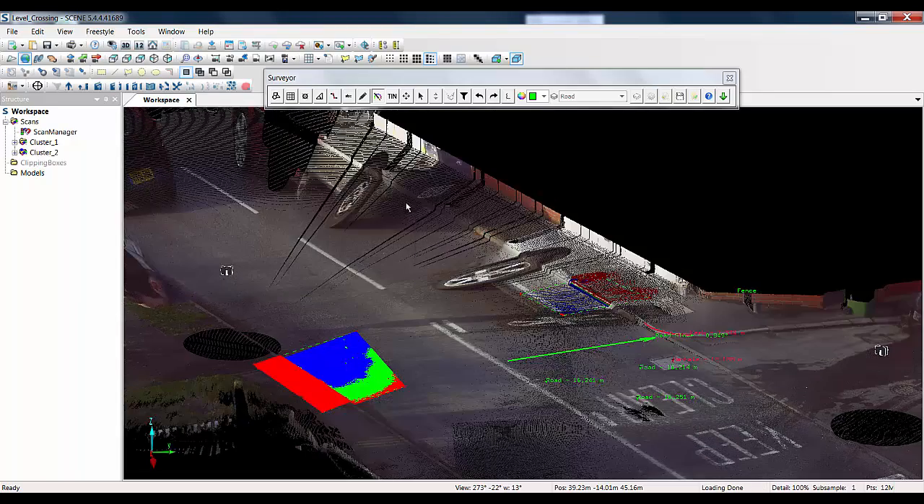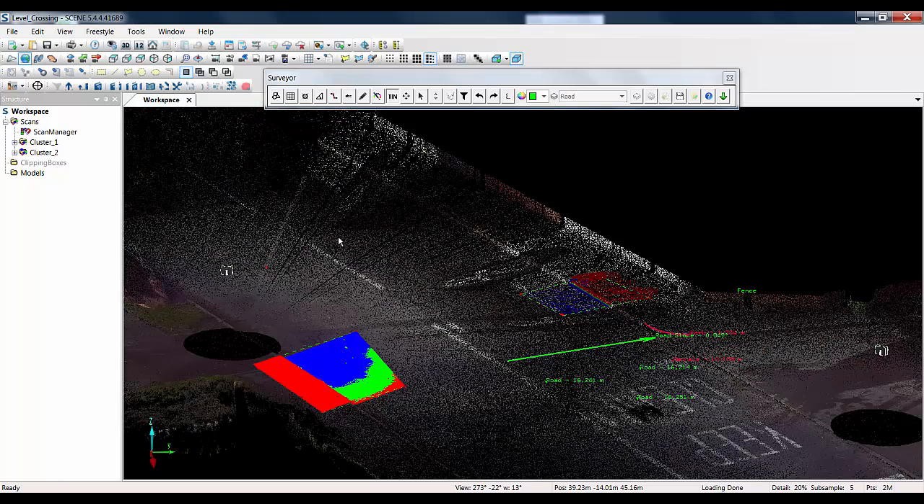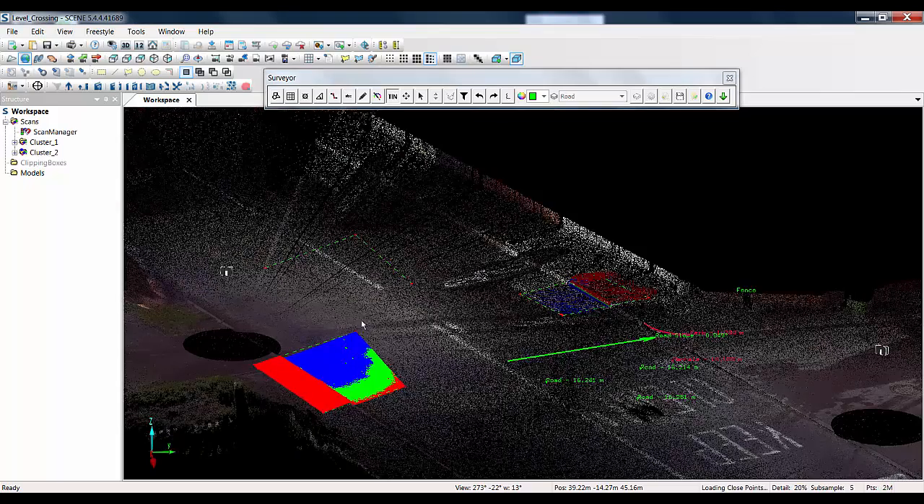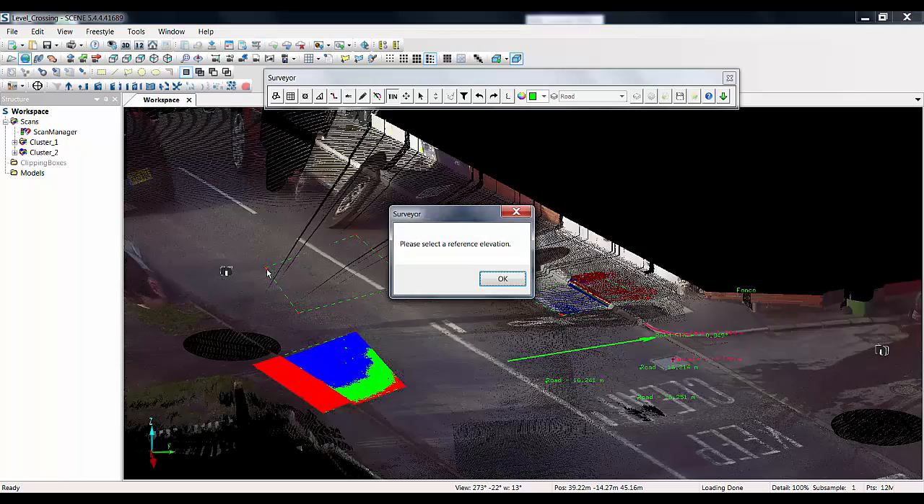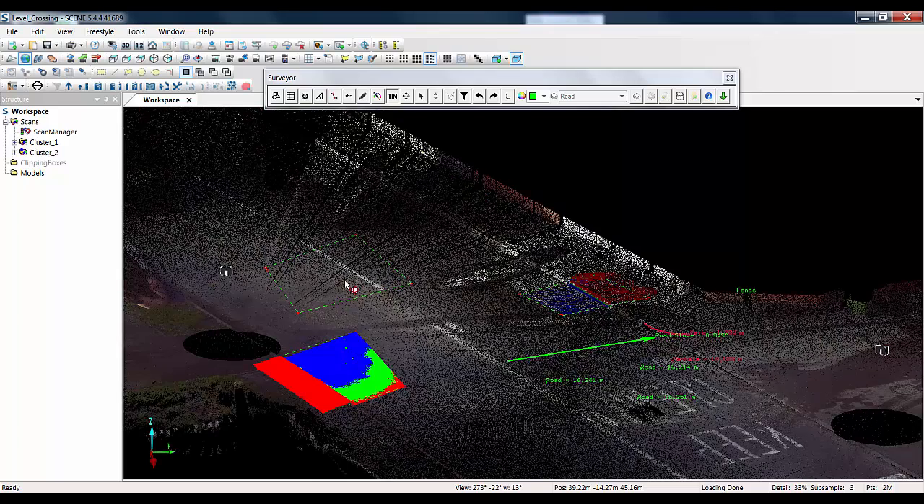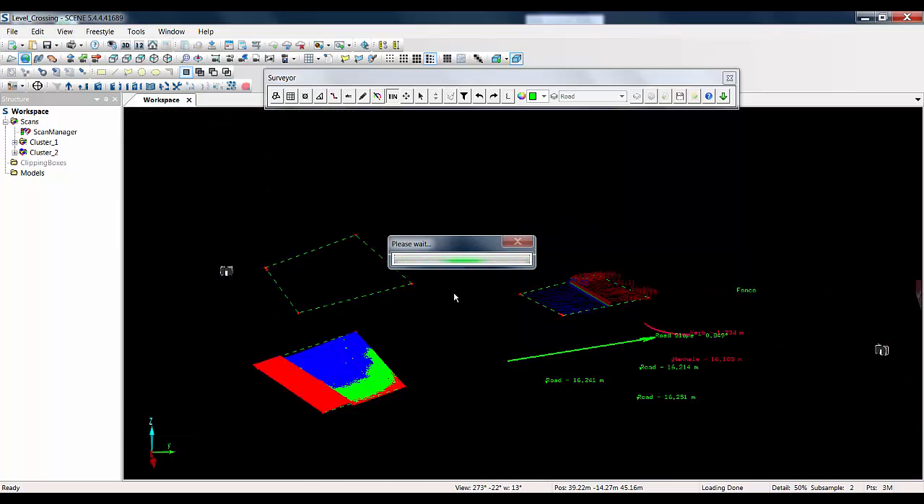Okay, so the next thing we're going to do is generate a tin mesh based on a defined area of points. So if we select the tin command from the menu, we can just quickly pick 4 or 5 points and press the return key to close off the area. We then select the reference elevation, which in this case will be the road itself, and give this a few seconds and it should generate a triangular irregular network mesh,